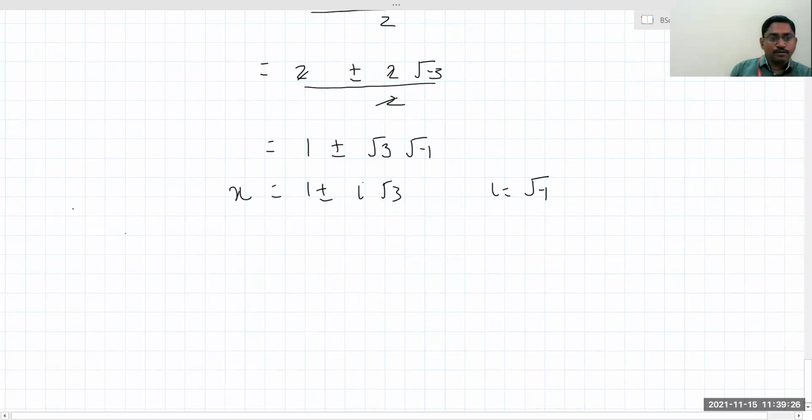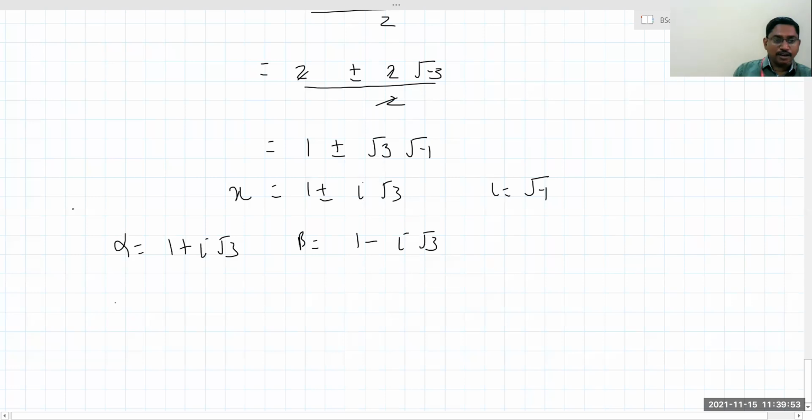So alpha is 1 plus i root 3 and beta will be its conjugate. Whenever a complex number is a root of a given equation, its conjugate has to be a root of this equation. That is the basic rule. So these two are the roots. So I have to represent this in standard form to find alpha raised to n and beta raised to n, because we have to apply De Moivre's theorem.